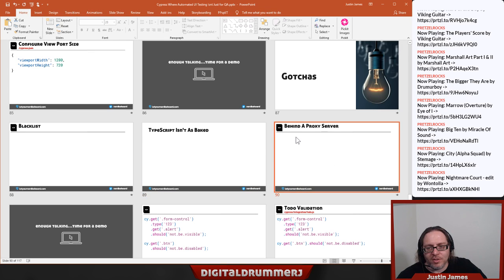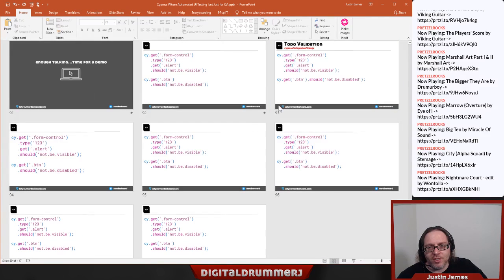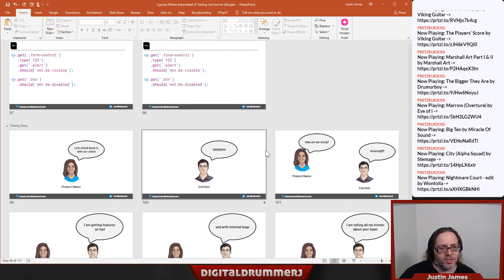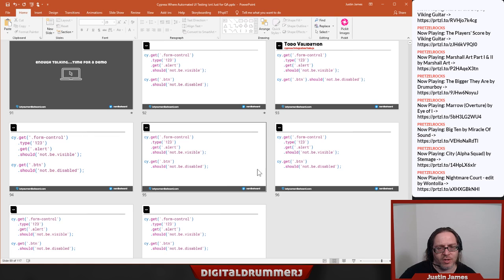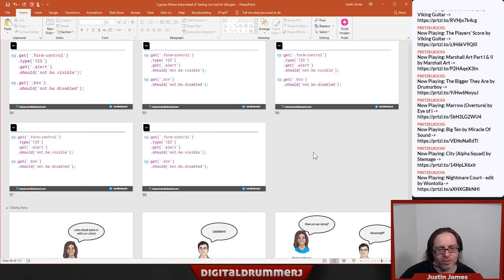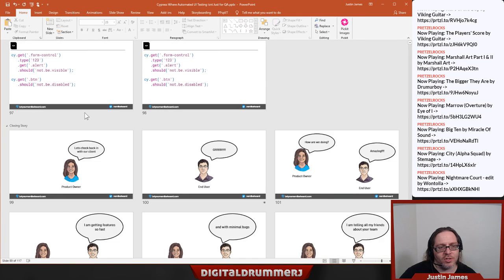And we'll talk about some of the stuff like when you're behind a proxy server, some of the things you need to worry about and how to set it up, like adding a no proxy setting in, it's not localhost. And we'll talk a whole bunch about how you do things like get form controls, type in stuff, check for visibility. We're going to add a whole slew of other stuff in here. This is just some different placeholders. Since pretty much all the code is the same right now, they're just placeholders. And then having the closing story that now the customer is actually happy,